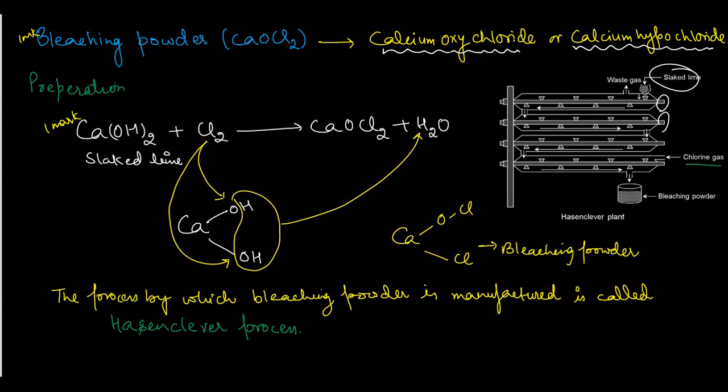So what happens here is that when calcium hydroxide, this is slaked lime, understand this carefully. Let's suppose this is a mixture of slaked lime, a paste-like mixture of calcium hydroxide. Like we have toothpaste, if we have a mixture or content like that of calcium hydroxide, then that would be considered calcium hydroxide. And this calcium hydroxide is called slaked lime.